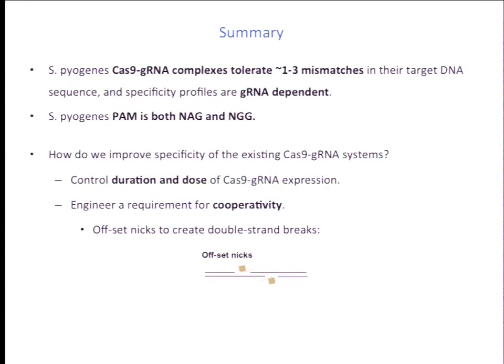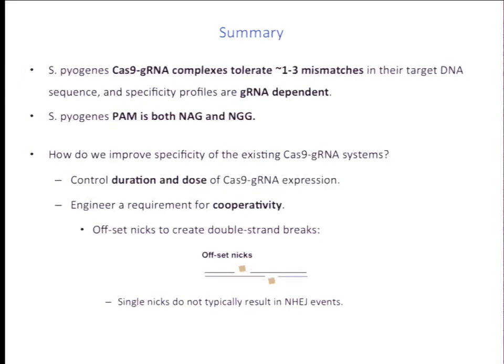And here the idea is that if you take the Cas9 protein, which makes a double-stranded break by making 2 nicks on opposite strands of the DNA, and make a nicking version of the Cas9 protein, then one would require 2 Cas9 guide RNA complexes to come together in a coordinated fashion, and only when nicks were created on opposite strands would one have a double-stranded break created. And that was the offset nicking approach. And key to the offset nicking approach to work is the aspect that single nicks typically do not result in any sort of scar activity in cells.